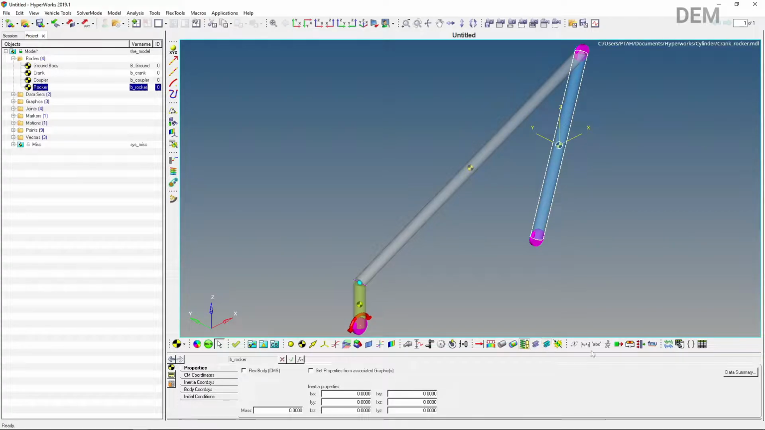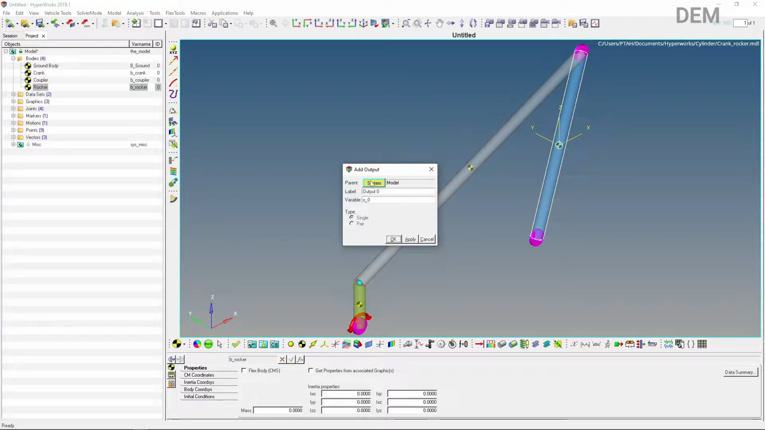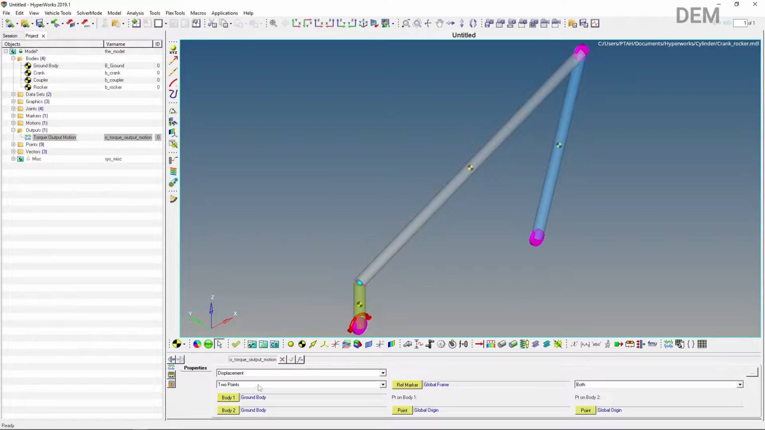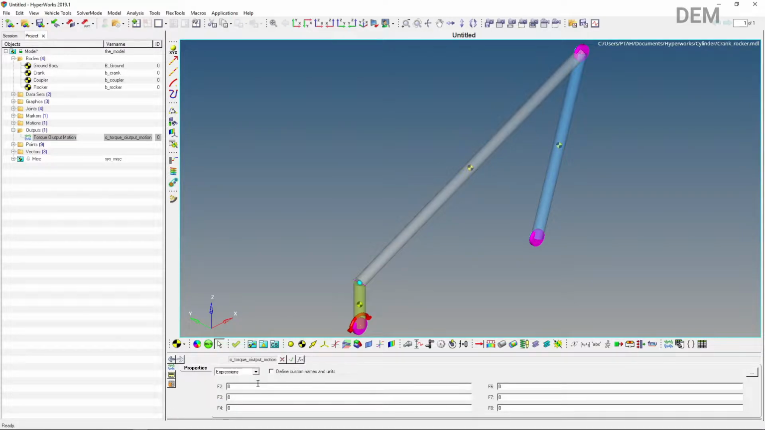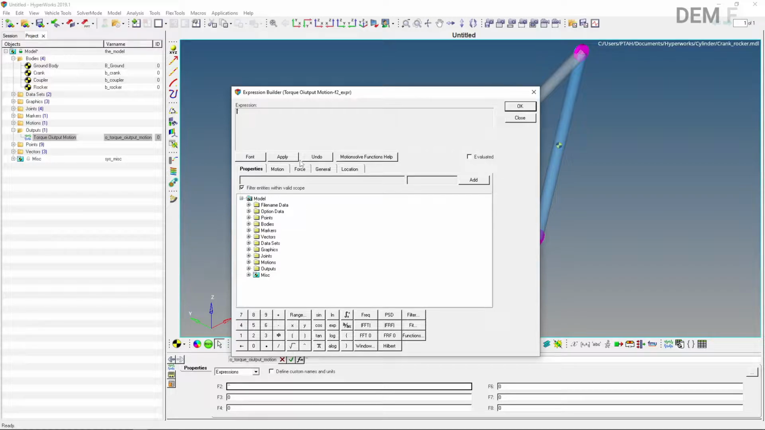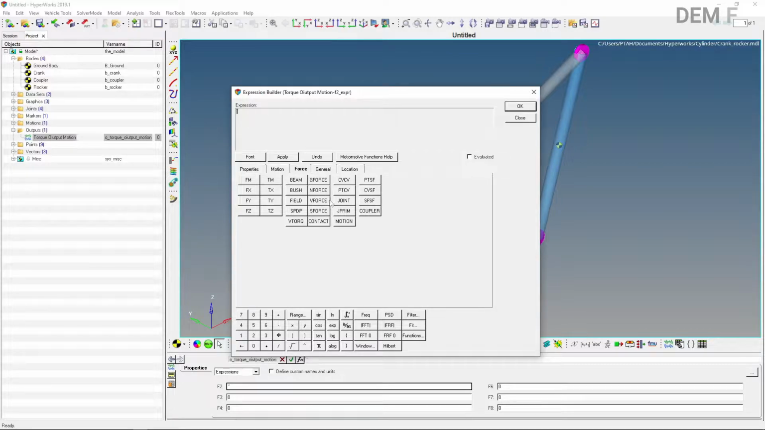So let's create a torque output request. For motion 0, because the motion is here, so we say torque output. Torque output for the motion, because you are going to create other torque outputs. So here we say expressions, and then we come here, we do that, and then we click FX. Make sure your cursor is in between the front dashes. So we come to, is it motion or force? We want to